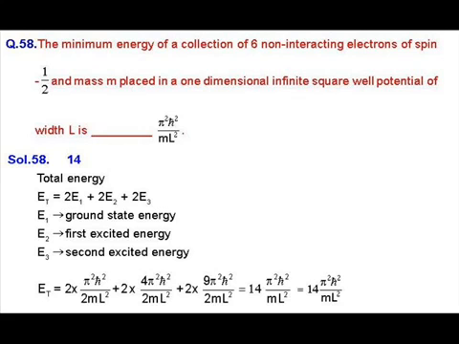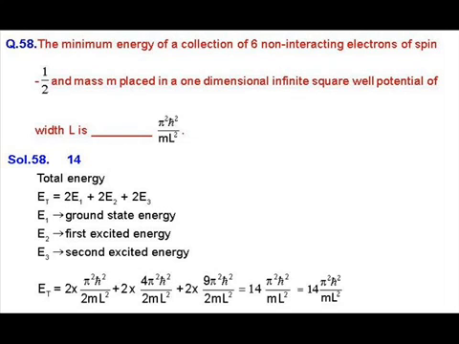So first of all, we know that for a one dimensional square potential box, the energy eigenvalue is given as En equals n square h cut square pi square divided by 2mL square, where L is the length of the box and n is the allowed states. By using the Pauli exclusion principle, the total energy of the system is equal to 2E1